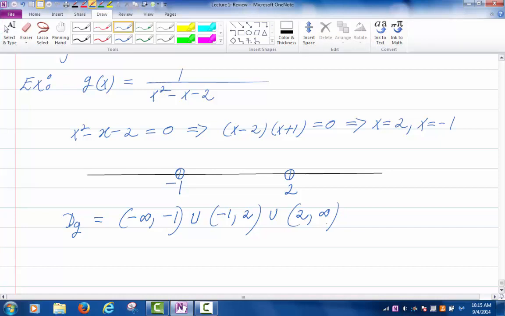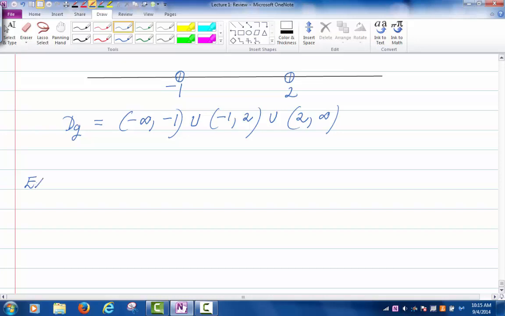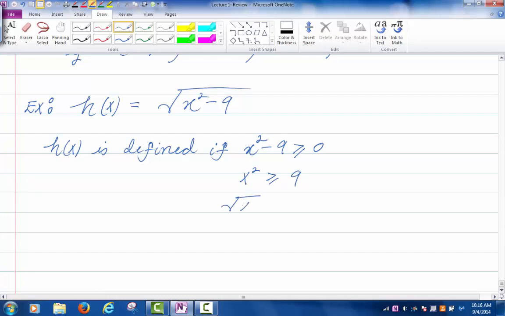Is everybody okay with that? Another example. What if I have the function h of x, and that function is given by the square root of x squared minus 9, and in this case, once again, what do I need? Well, h of x is defined if x squared minus 9 is larger or equal to 0, which means that x squared is larger or equal to 9. And if I take the square root on both sides,